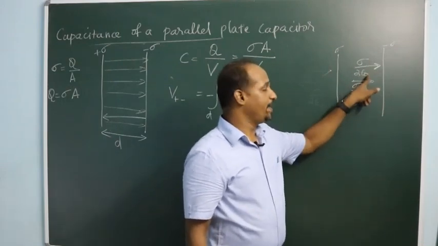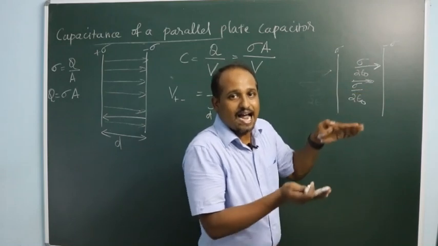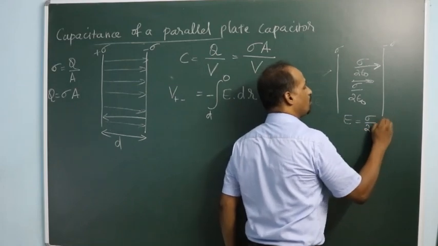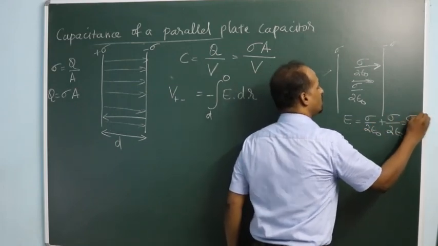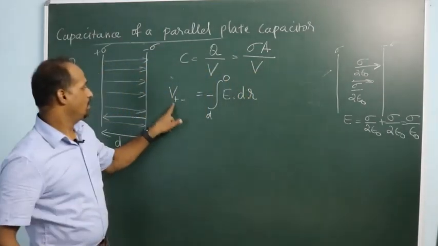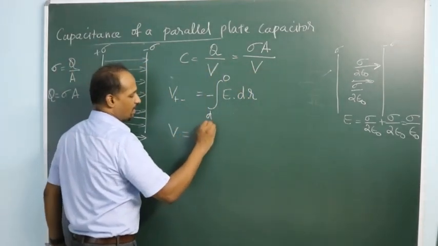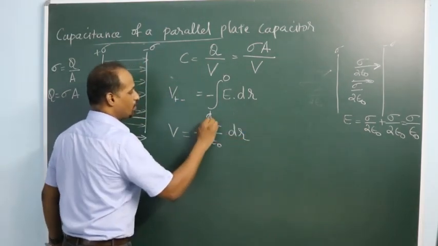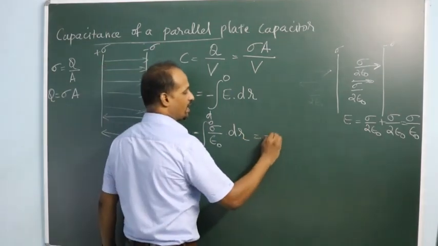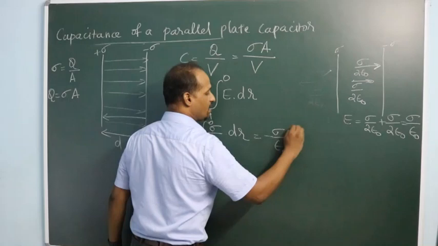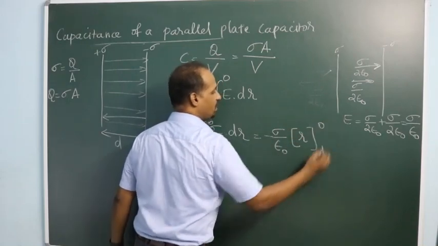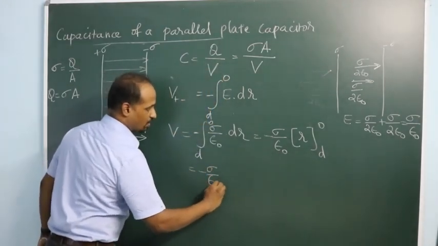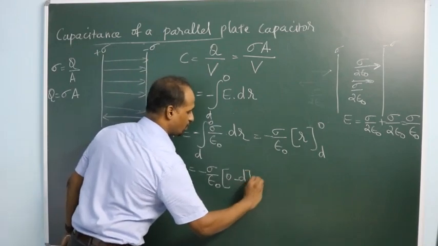Between the plates, it is sigma by 2 epsilon naught and sigma by 2 epsilon naught. They actually add to each other. Then the total electric field between the plates will be sigma by 2 epsilon naught plus sigma by 2 epsilon naught. It becomes sigma by epsilon naught. Then the potential difference V will be the integral of minus E, which is sigma by epsilon naught, into dr. From d to 0 we need to integrate it, and this will be minus sigma by epsilon naught. Integral dr is r, and where the integration is from d to 0, this will be equal to minus sigma by epsilon naught, upper limit minus lower limit, so it will be sigma d